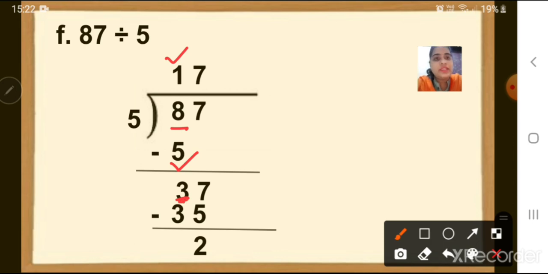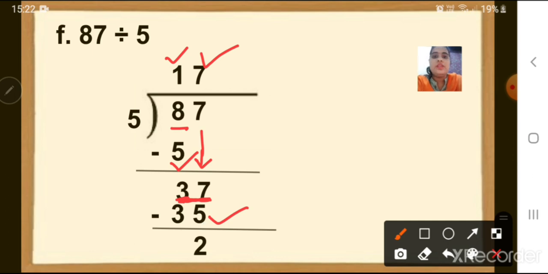After that, the next number, which is number 7, we will write here down. Together they will become 37. Don't forget number 3, because after subtraction we didn't get 0, we have got 3. That number also we have to take together. So it will become 37. Now children, in 5's table will 37 go? No. But 5 7s is 35, which is a nearby number. So we will write number 7 here up and number 35 here down below 37.